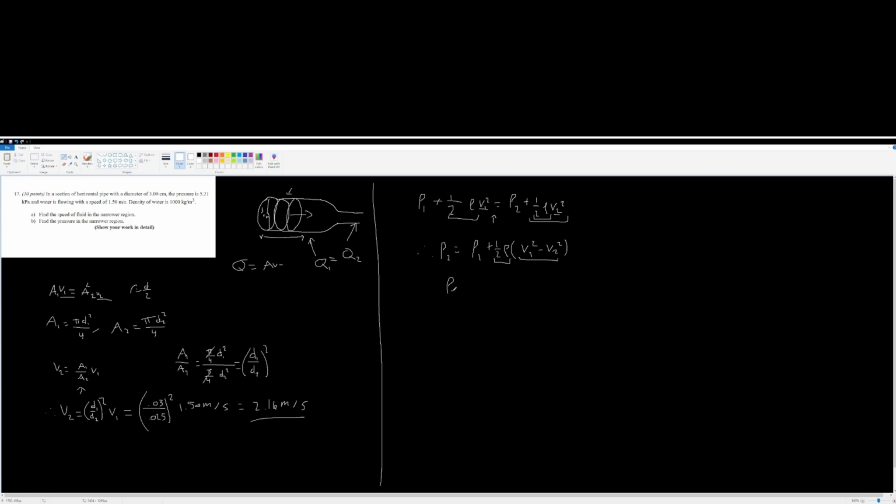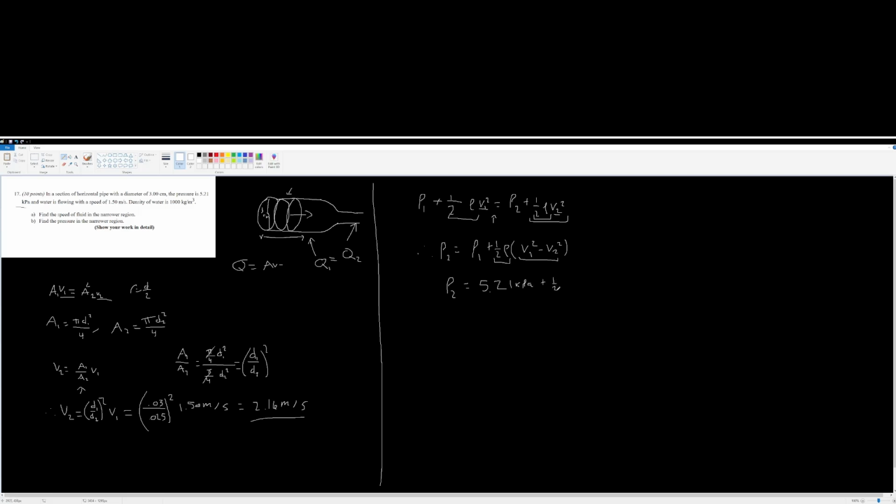So P2 then equals, in this case we are working in kilopascals from the very beginning here. That's the unit they give it in. You can convert it to pascals if you want, and you will get this problem 100% correct. Your professor should not have a problem with that. He won't have a problem with that. But it's easier just to work in kilopascals if it looks like he's okay with that. So we'll do 5.21 kilopascals